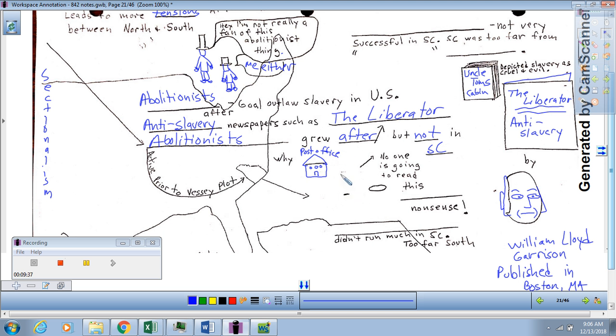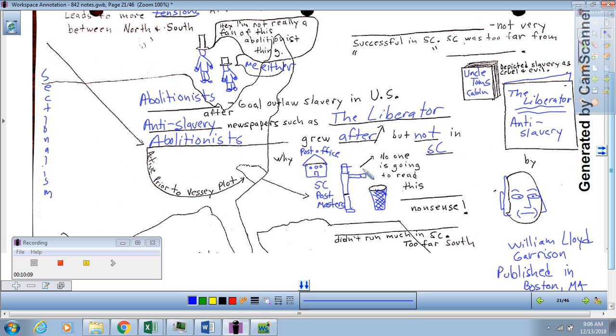And what happens is, there would be shipments of this abolitionist material to the South, except it never made it into the hands of Southern readers, because the postmasters would do the following. The South Carolina postmasters, which would be the people that work at the post office, in fact, like the managers of the post office, would be like, "Postmaster, the Liberators are here." He goes, "Oh, bring me down. I know exactly what to do with those Liberators."